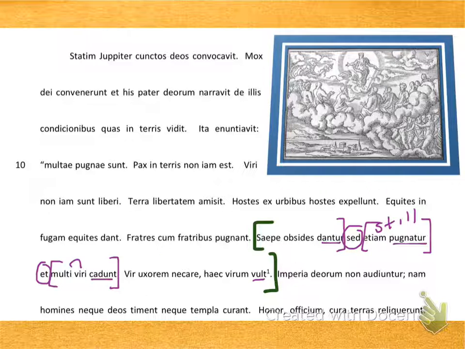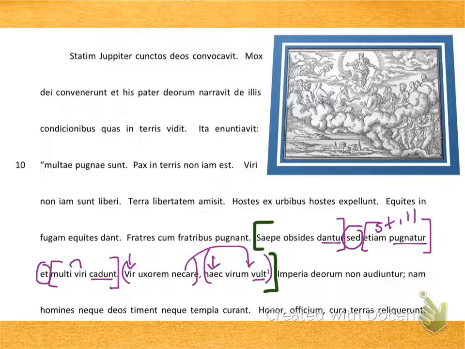Vult is an irregular verb that means wants. This is the third person singular present tense form. Its subject is both vir and haec, because vir uxorem necara vult is the first idea, and the second idea is haec virum